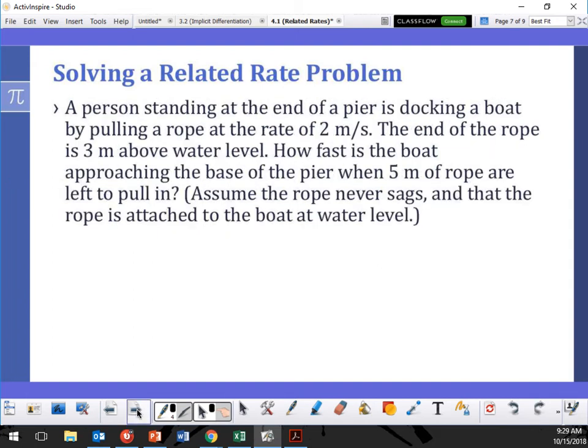All right, so let's take a look at the next one then. A person standing at the end of a pier is docking a boat by pulling the rope at a rate of 2 meters per second. So I have my